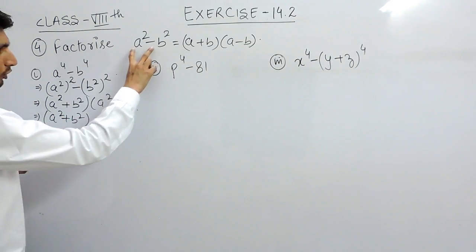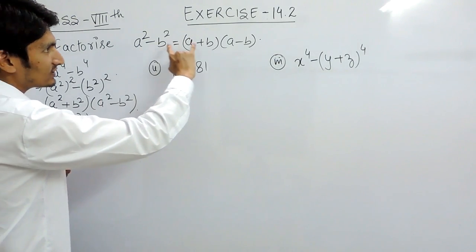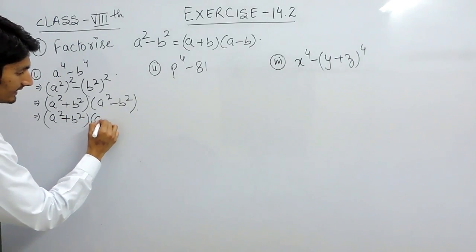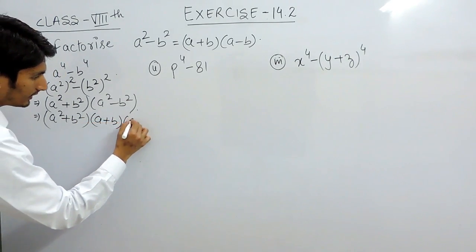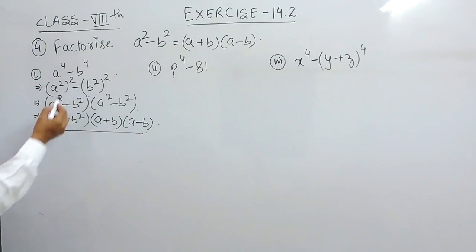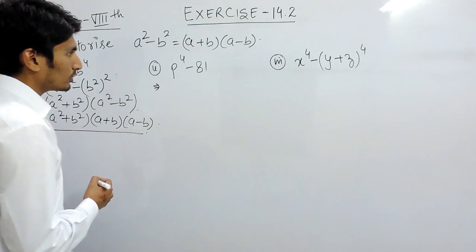This is again the same formula which says a square minus b square, and we know that this again should be equal to this. So in place of this again we can write a plus b into a minus b. So these should be the factors for this particular expression. Similarly, you have to solve this part also.